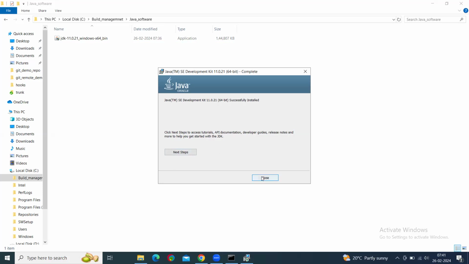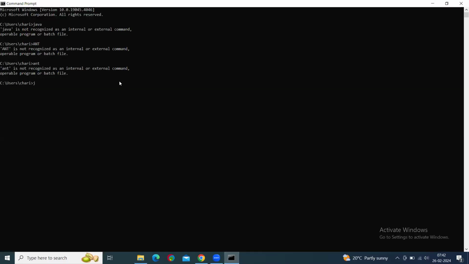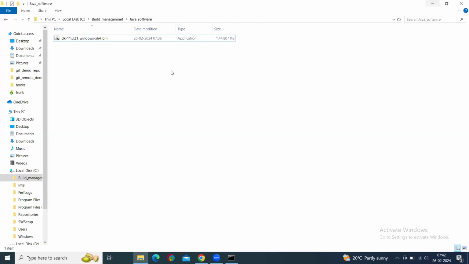Successfully it is installed. Okay, close this. Okay, open the same command prompt and try Java. So it is not going to work. Okay, so what we have to do is we have to set the path environment variables for this, then only it will work. Okay, go to system,